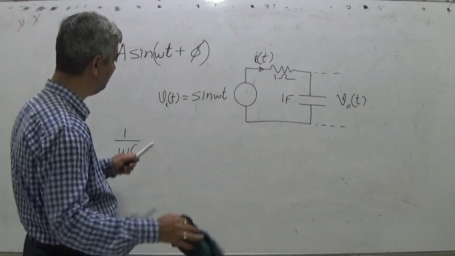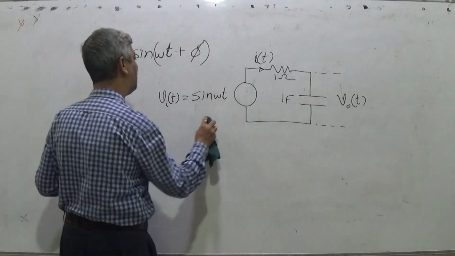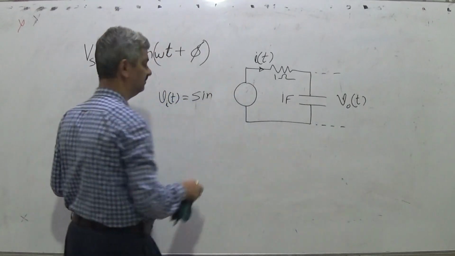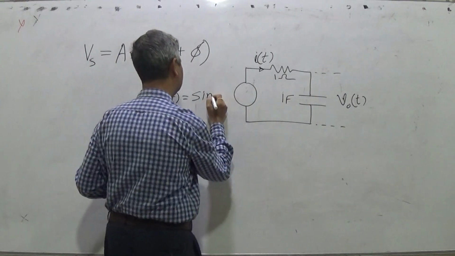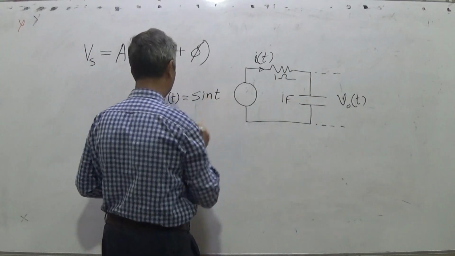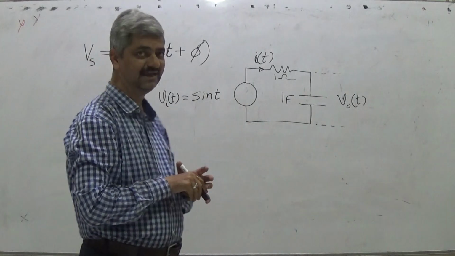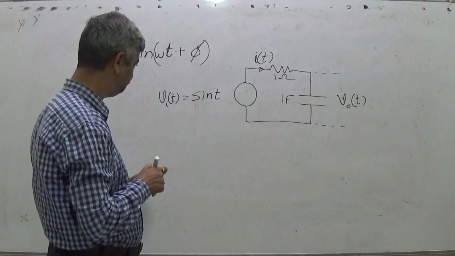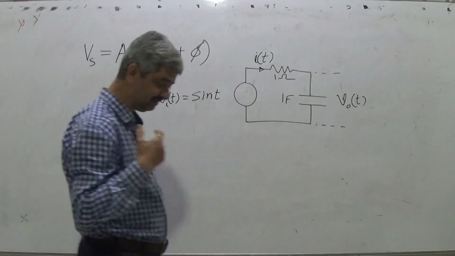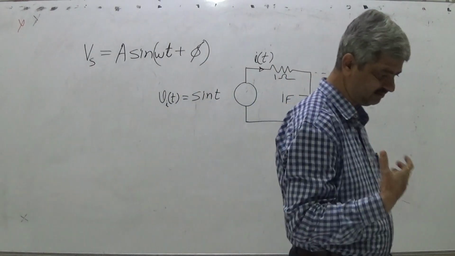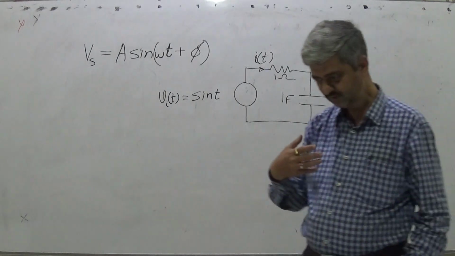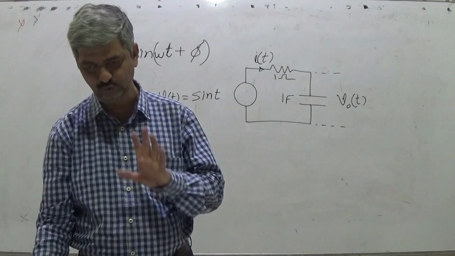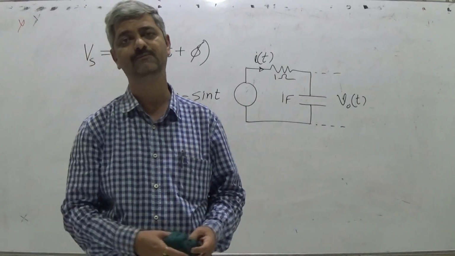Now I make a further change. I remove this omega also and I keep omega as 1. So I apply V in as sin t and I want Vout(t). So how do we proceed? Again, there is a very interesting scenario. Based on what I have told you, you try to find it out,